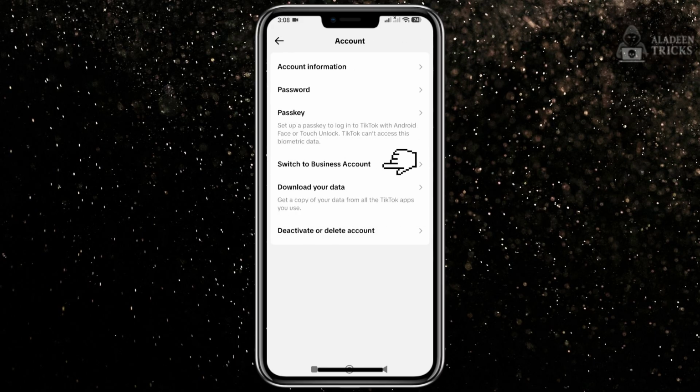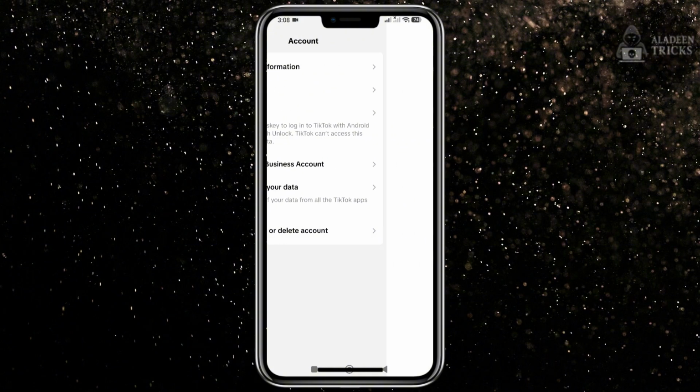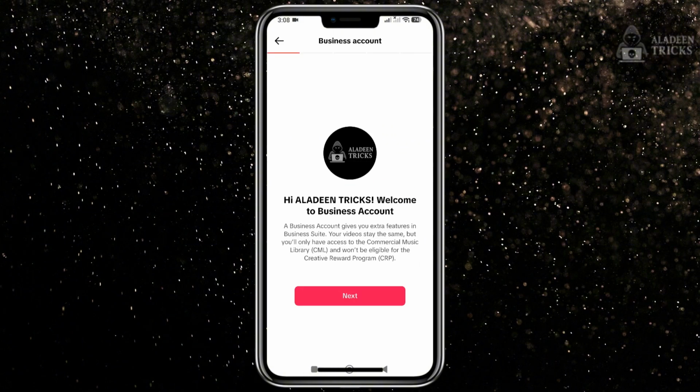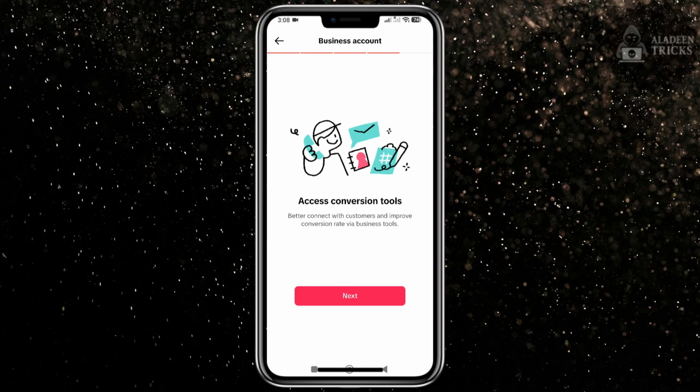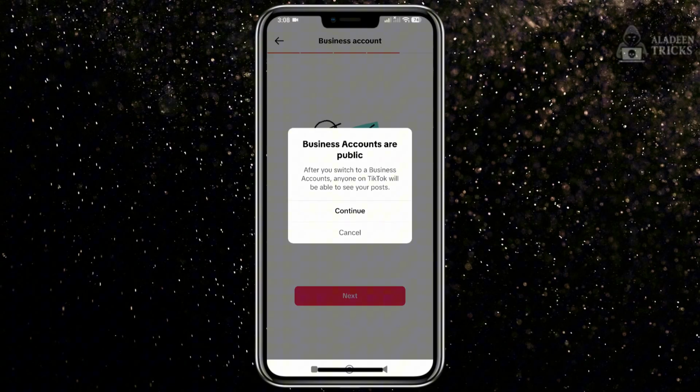Look for the option to switch to business account. Tap it, then follow the instructions TikTok gives you. TikTok currently supports different account types, including personal and business accounts, and provides an option to change your account type